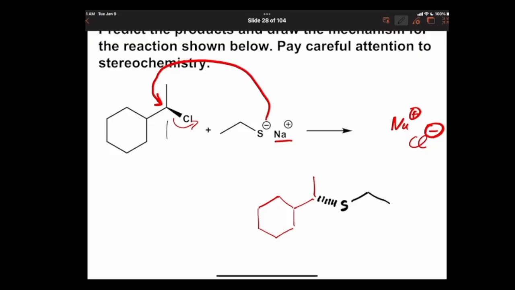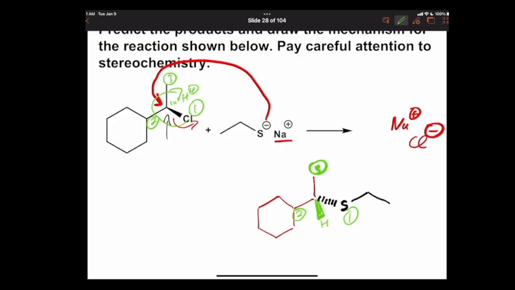Is this R or S up here? R. Chlorine is 1, that's going to be 2, the back is 4, my hydrogen. This is going to be my number 3. That's an R center. When we're done, number 1 is still going to be my sulfur, highest priority. 2 is still the cyclohexyl. 3 is still going to be my methyl. The hydrogen